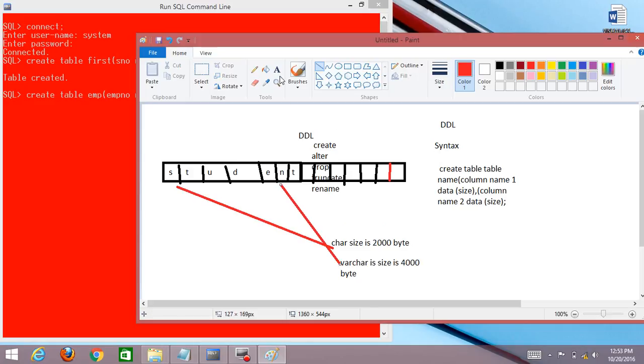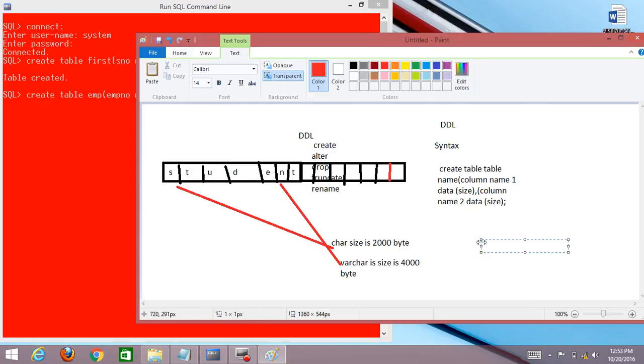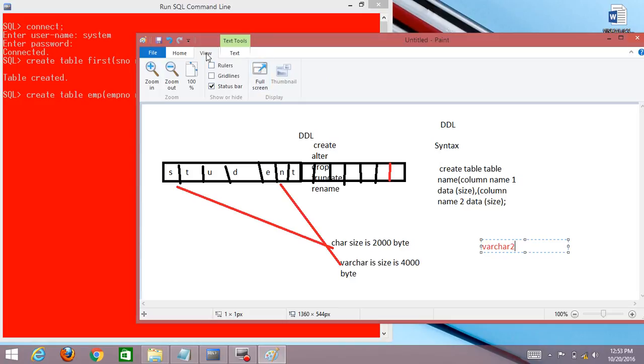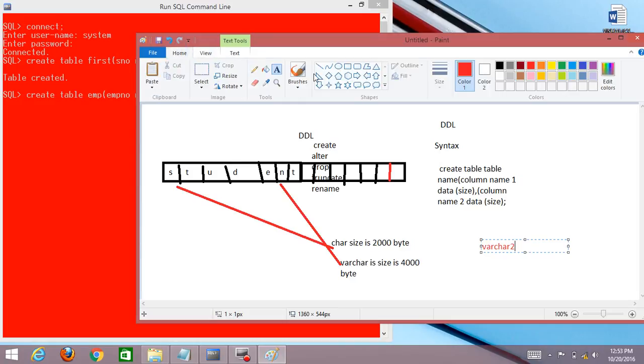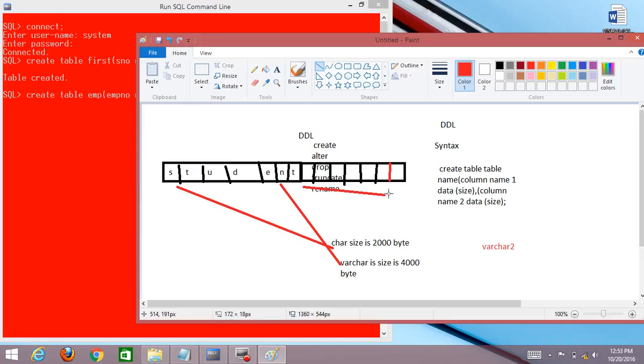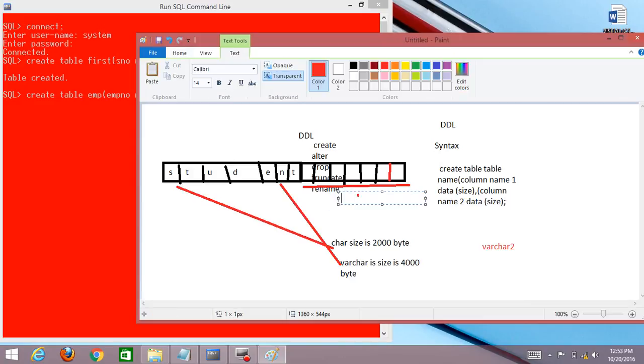But if we are using VARCHAR2 in your program, it is observed that this is called blank padding.